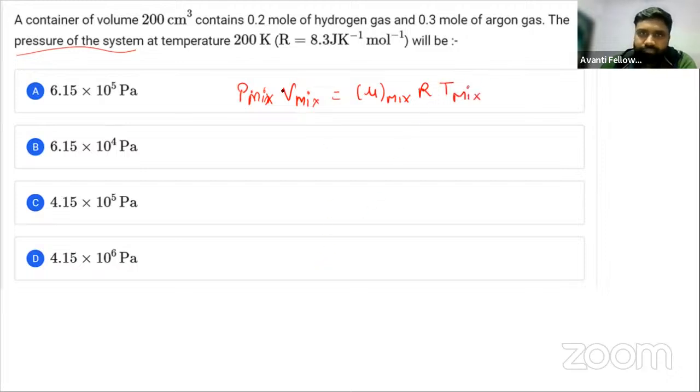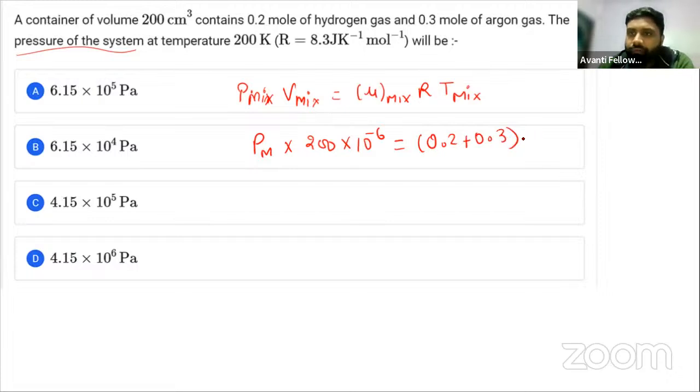So we will put in the values. We have the volume of the mixture, 200 centimeter cube, and we have to convert it into meter cube, so it will become 10 raised to the power minus 6 meter cube. Mu of mixture is 0.2 plus 0.3. This is the total number of moles of the mixture. Now, R